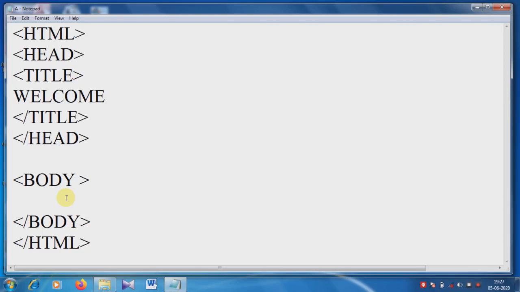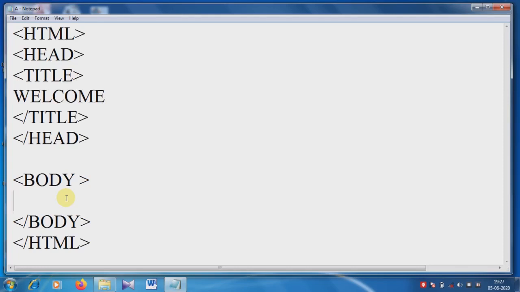And the subscript tag is used to display the subscript format. That means the word will appear slightly below the normal line.